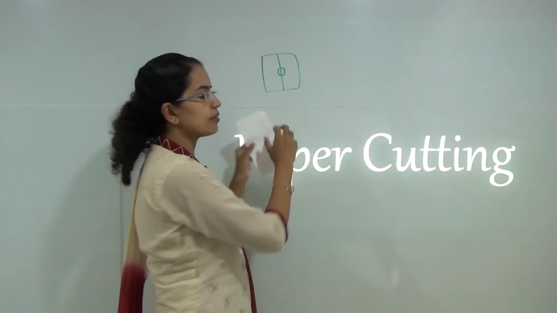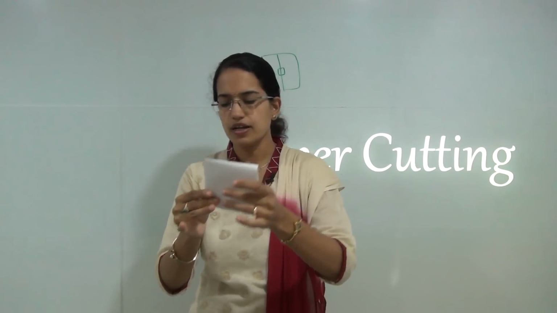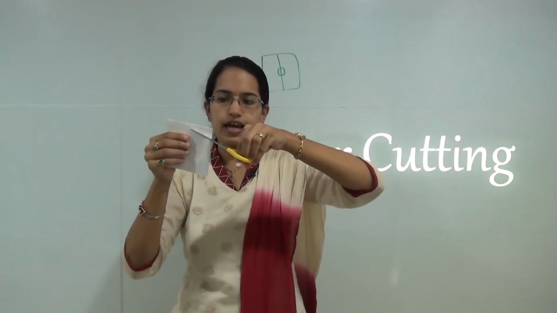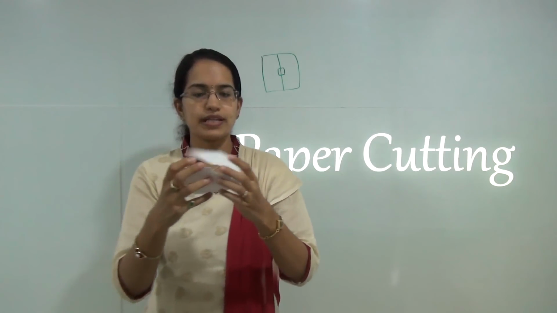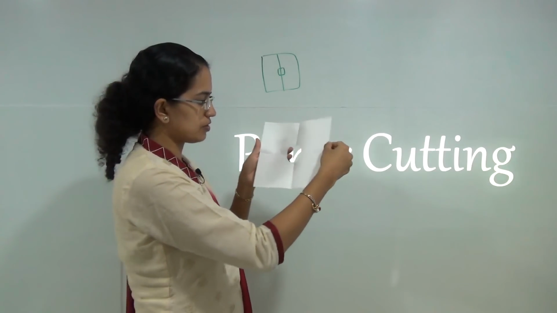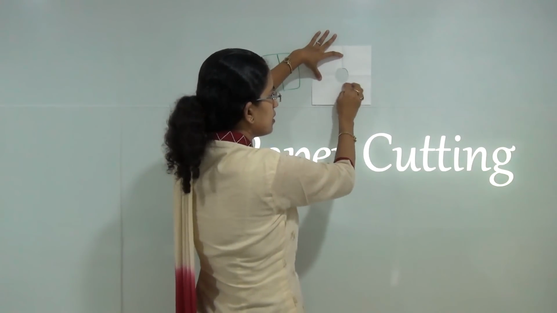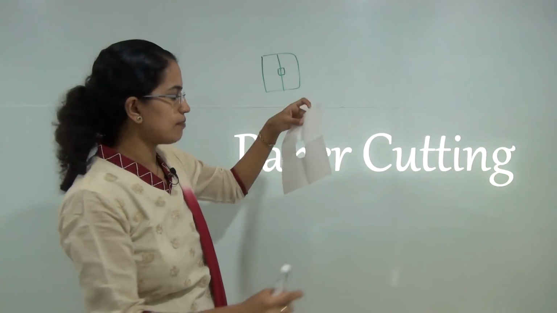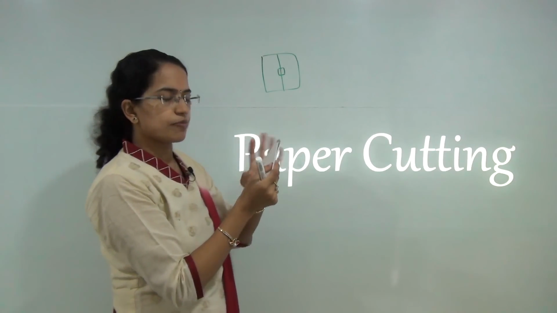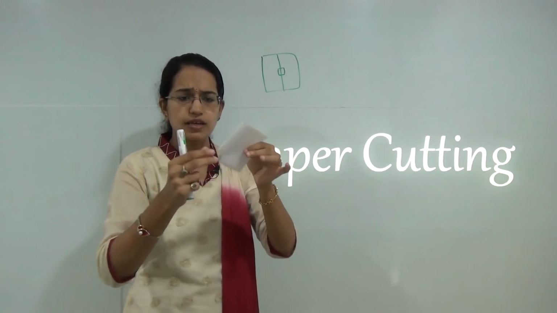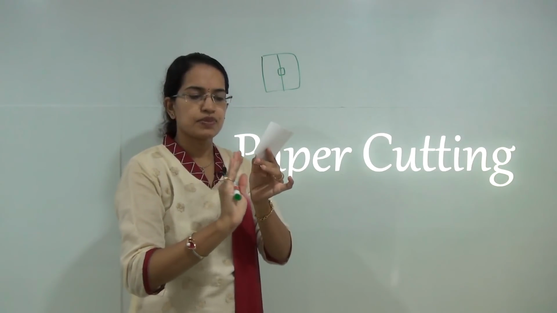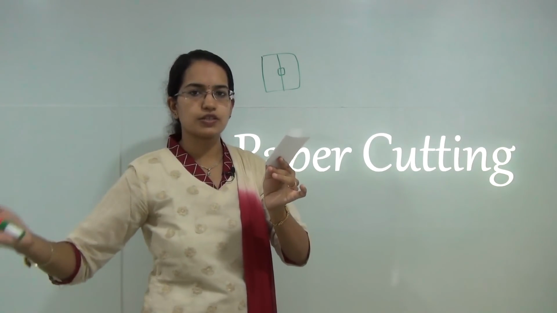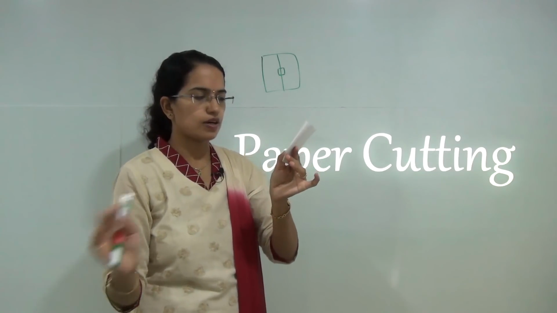Now here what we talked about was just a single fold of paper. Now I am doing a second fold of paper, and what I am trying to do is, from the center I am trying to cut a section out of it, and that would be in this shape. So when I open it, there would be a circular shape in between. So if I have a piece of paper and I am folding it, the important thing is the point where it is being folded. If you are cutting from that section, and when you open up, this would replicate to the number of folds.